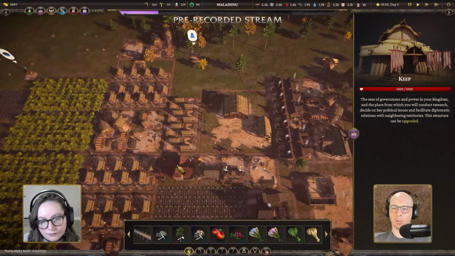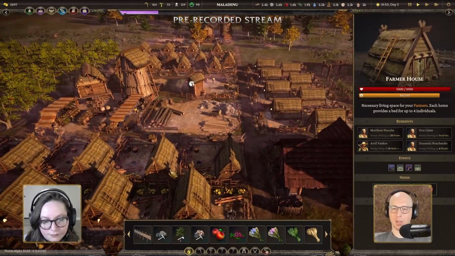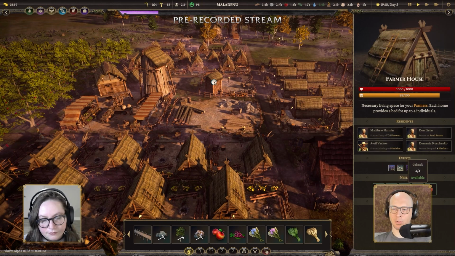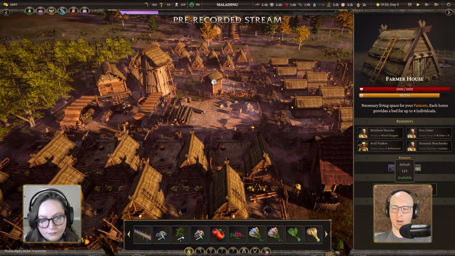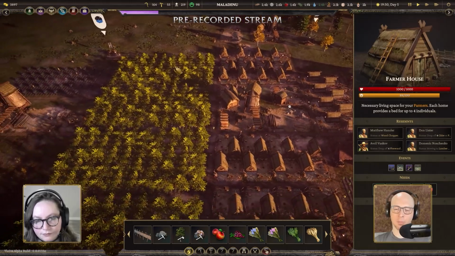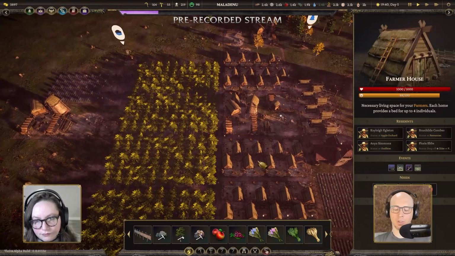I can show you that the farmers have these thatch houses that they make, the farmer houses, and in the UI for the farmer's house, it shows you their unique wants and needs. Some are buildings that they need placed within the area. Some are items that you have to produce yourself. So like, for instance, apples. I have a bunch of apple farms here growing, and they're producing apples that will be delivered to the farmer